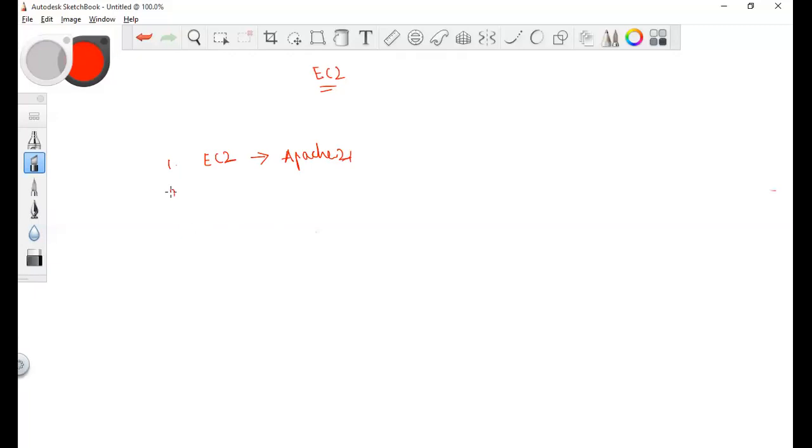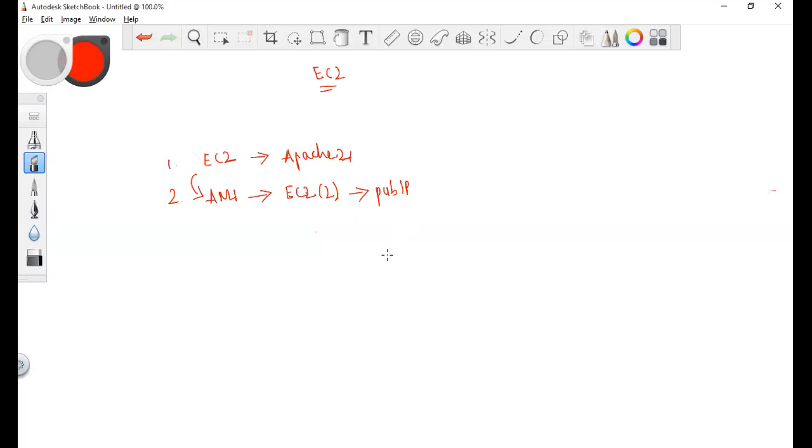Then we took an AMI from the modified instance, and this AMI will have the pre-installed package Apache. We created another EC2 instance from that, and this second instance, by default, will have Apache directly hosted with the help of a public IP address.